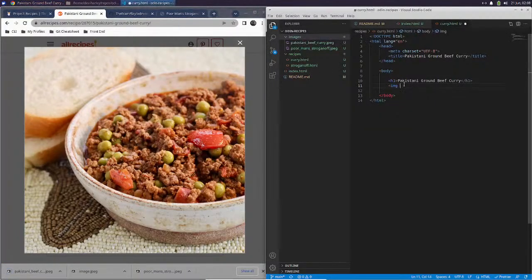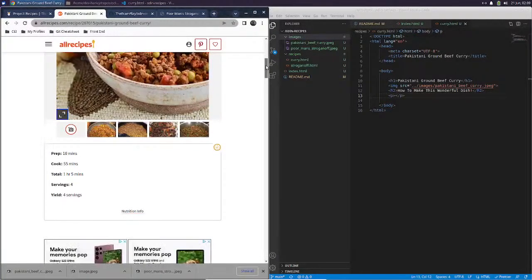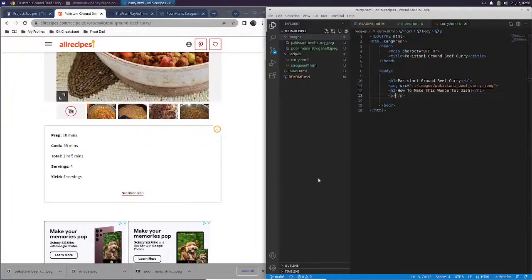Okay. Now, image, source, images, boom. And then below that, we'll add a paragraph with how to make this wonderful dish, and give it an explanation. This is another